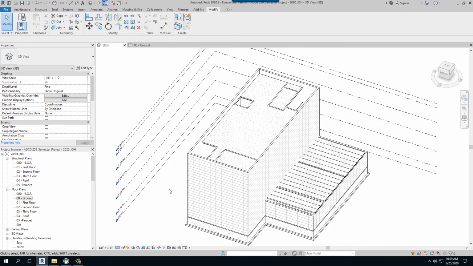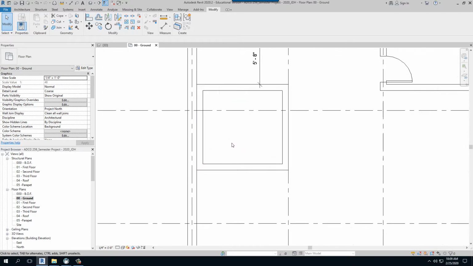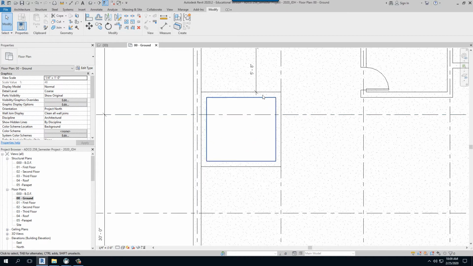Okay, so today, in the advanced Revit class, a few days ago, we talked about stairs. Today, I want to talk a little bit about another form of circulation. We're going to look at our elevator that we're going to put in our project. So if we go to our ground level, we realize we have our elevator shaft